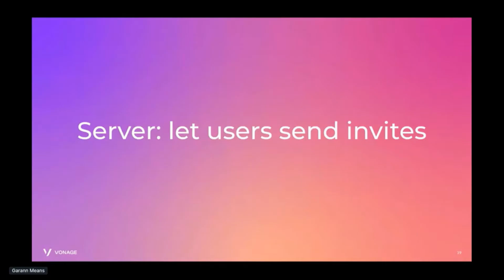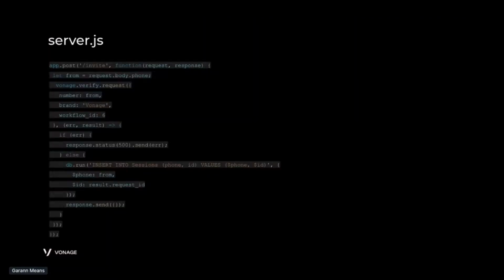Okay, so on the server side, we want to let users send invites, of course, and so we're going to create an invite endpoint, which is going to take a post request, and we're going to get the phone from the body of that, and then we're going to use that for Vonage.Verify.Request. Vonage.Verify.Request is the first step. There are two steps in this process. Vonage.Verify.Request is the first one. And so this is the one that's going to generate the text to the user. It's going to send them a code that says,